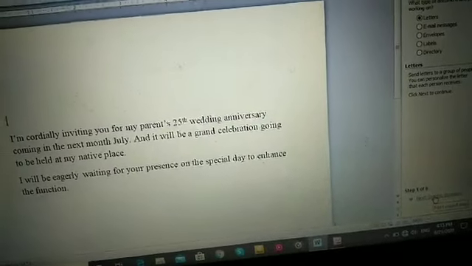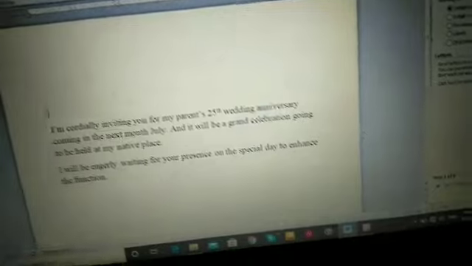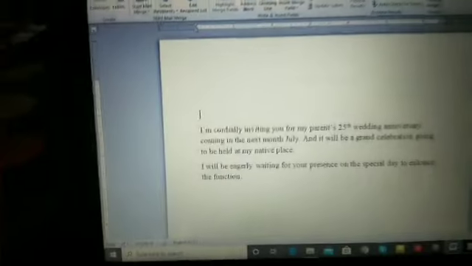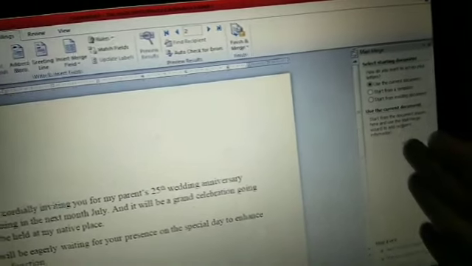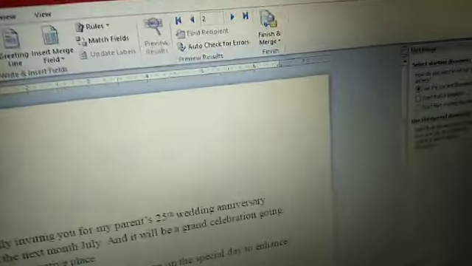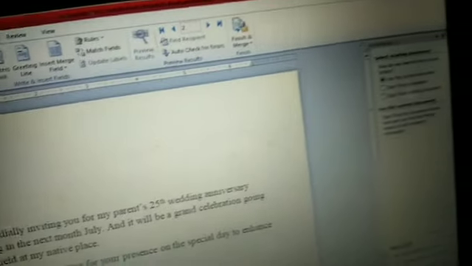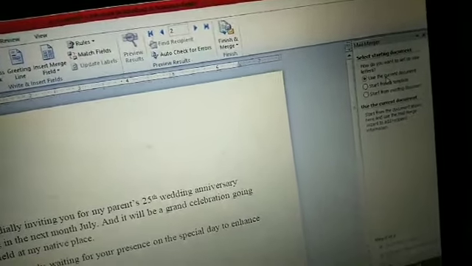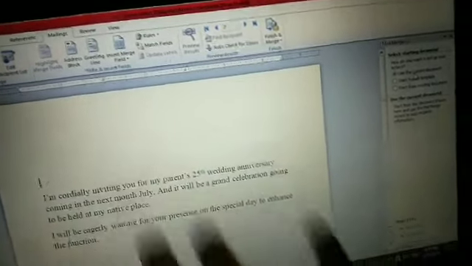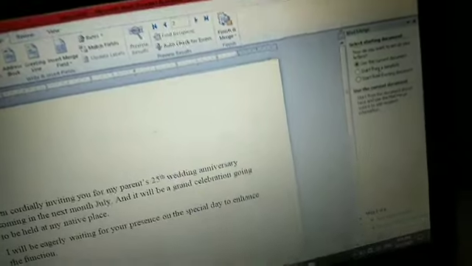First, I just typed the letter and now I'm going to Next. If you click the next option, you have to focus on the right side of your screen. That is the task pane you have to follow now. The first option is use the current document, so I'm going to use whatever is presently in front of me, or start from a template.